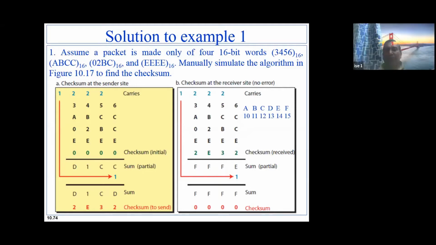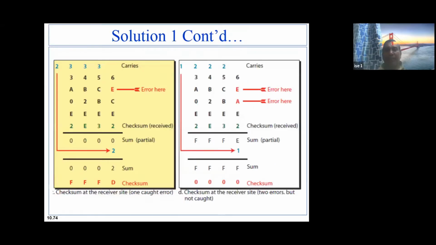So this is the calculation. See here, you got the idea. Now I have gone for this E, and you can see here. So A has been changed, and this I can say is F, all F. So this will be accepted, but the wrong data word has been accepted. You got the idea? So this is the problem of this method.